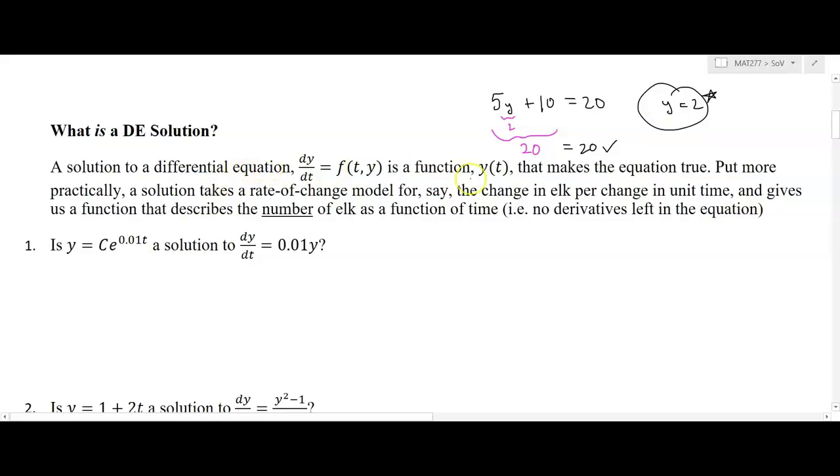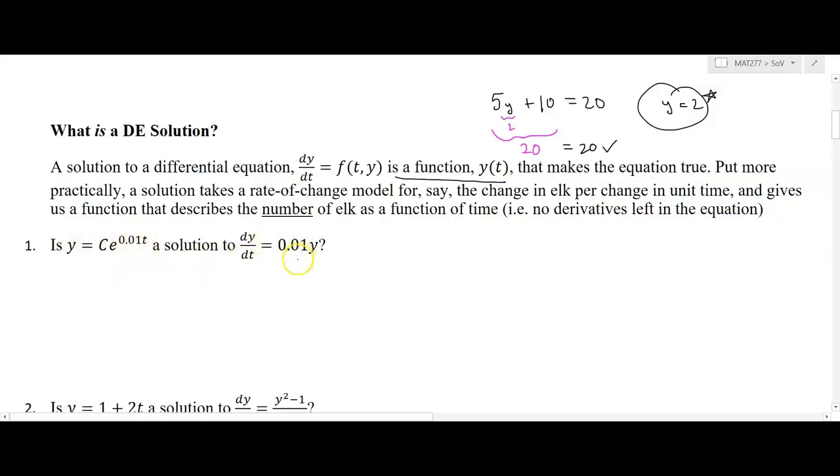But when we're talking about differential equations, the distinction is that the solution is a function that makes the equation true. Just like in solving an algebraic equation, the numerical value of y that makes it true is what we call the solution. So put more practically, a solution takes a rate of change model for, say, the change in elk per change in unit time, and gives us a function that describes the number of elk as a function of time. So it does not only satisfy it algebraically, but it also leads us to going from a rate to an amount. If you think about a derivative as a speed, then its antiderivative is kind of the distance at any moment. So how do we check, for example, is y = Ce^(0.01t) a solution to